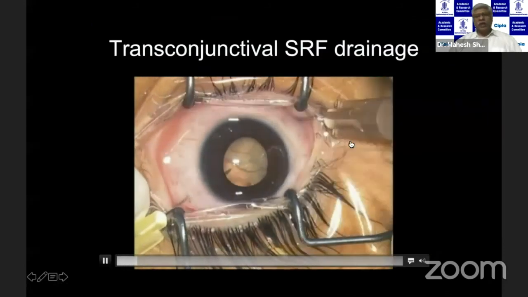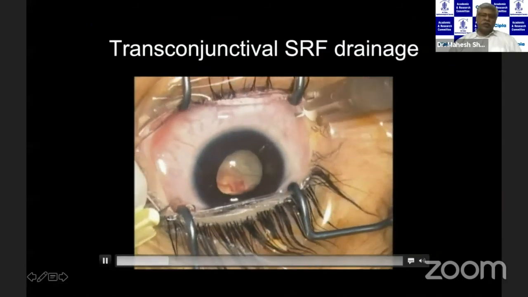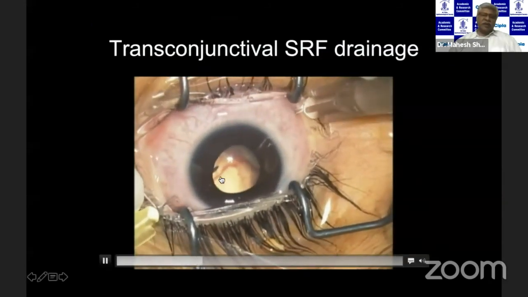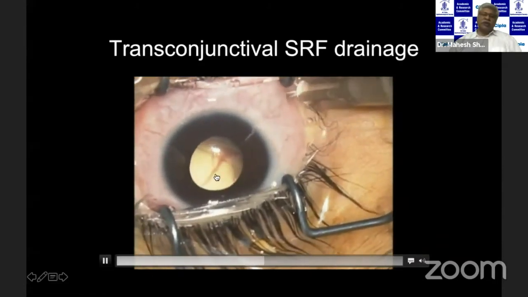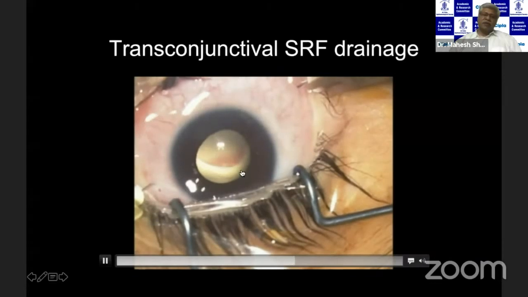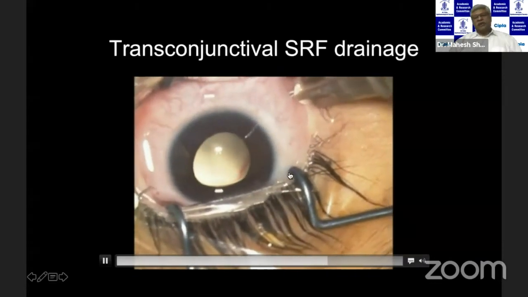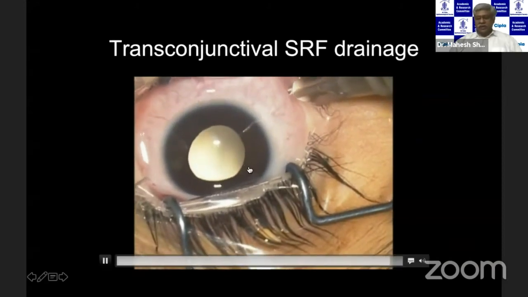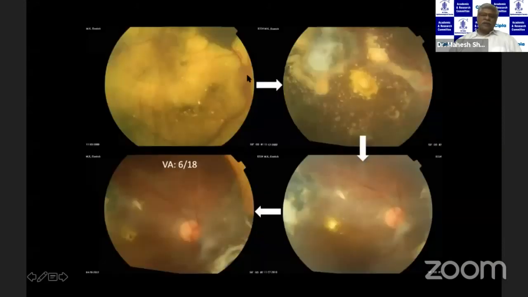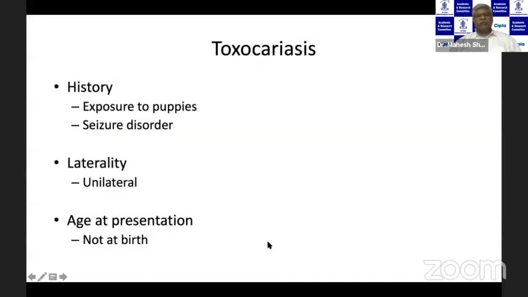So this is how we manage Coats disease. I do it with transscleral conjunctival drainage. Here I'm injecting the fluid, and here using another needle I'm draining the subretinal fluid. You can see the retina going back, and these are the vascular malformations. Once we attach the retina, we additionally treat it with anti-VEGF, intravitreal steroid implant and laser photocoagulation. And these are the results we can achieve, saving the eye and sometimes saving the vision as well.